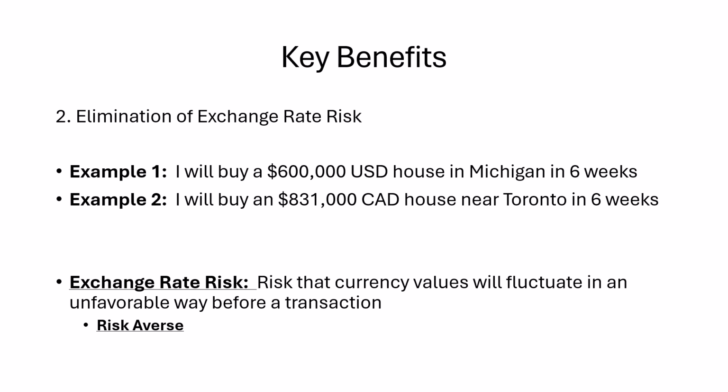If currency exchange rates change, the actual price for me buying that house could fluctuate dramatically, okay? If, for example, the Canadian dollar gains value over the next 6 weeks, it's going to be more expensive for me to buy that house in Toronto. However, buying that house in Michigan, that's in US dollars for me. There is no exchange rate risk because I don't have to do any exchanging. So if I'm not really sure where I would want to buy the house, I'd lean towards Michigan because it's